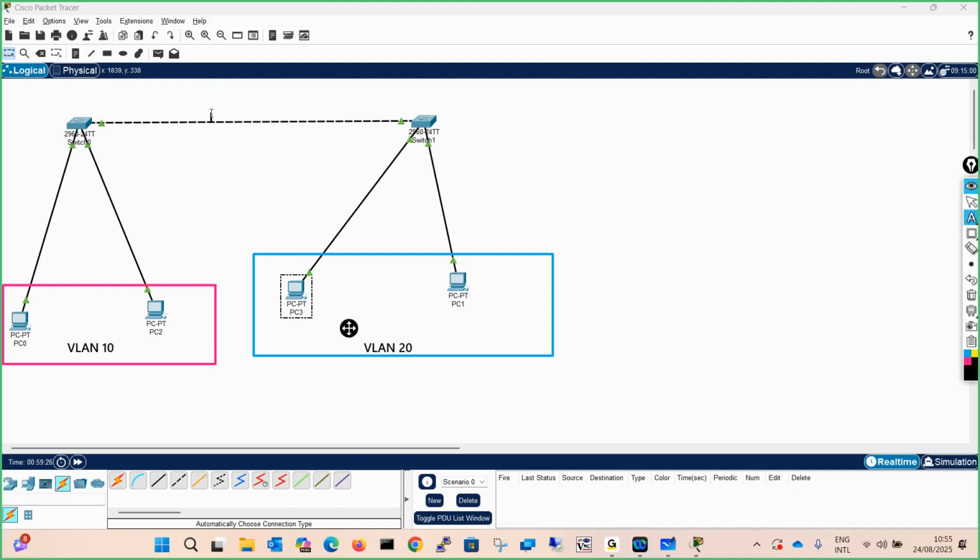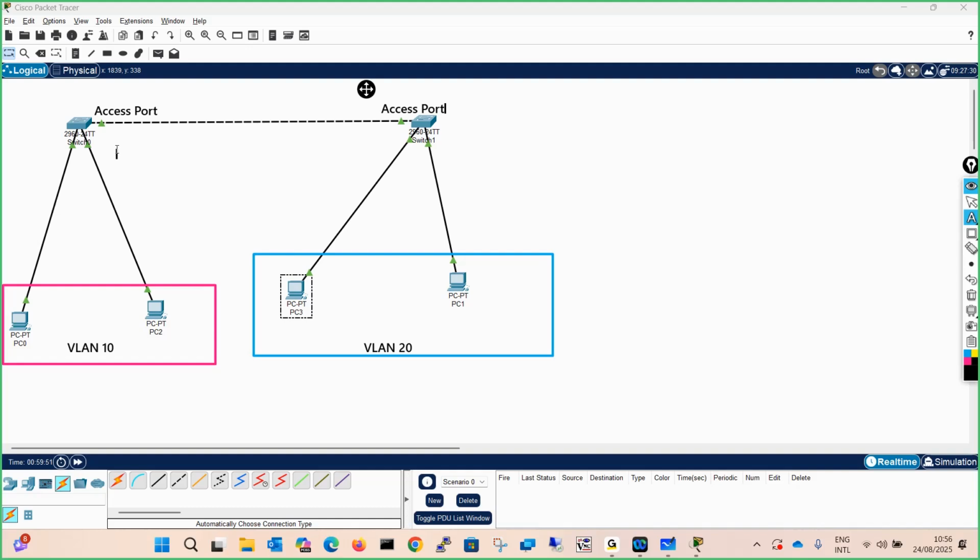If you configure this port over here as an access port, and similarly this one also as an access port, do you think that these PCs which are in VLAN 10 will be able to talk to VLAN 20? The answer is no. Why?